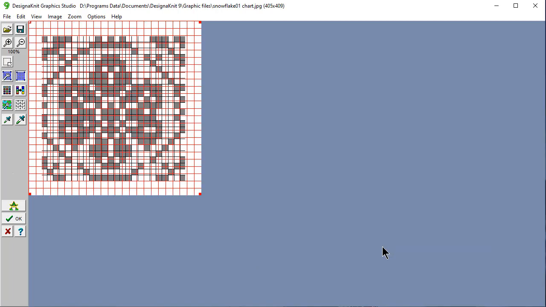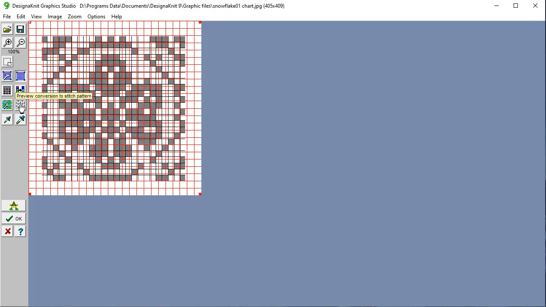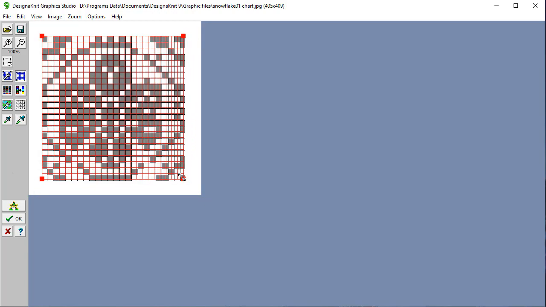And I'm going to say OK. And again, it would come up and it would convert looking like this. And let's turn that back off. And the reason that it's not coming up correctly is because right now the grid goes all the way out to the edges, but the pattern itself is only in here. So what we need to do is we need to move these corners, and they're all solid and the active corner is open. So we're going to move that down here. I'm going to move this corner in,